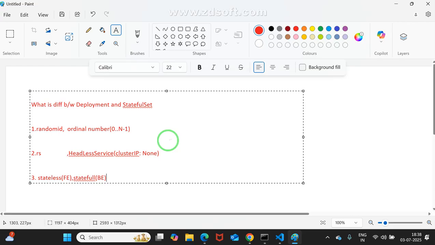But stateful will maintain dynamically. Dynamically means if replicas 2 are there, I may move on to 5. How many PVCs will it maintain? Five only. What does it mean? Dynamically, whenever you say 5, it will take 5. Whenever you go for 10, again it will go for 10. Is it okay for you?